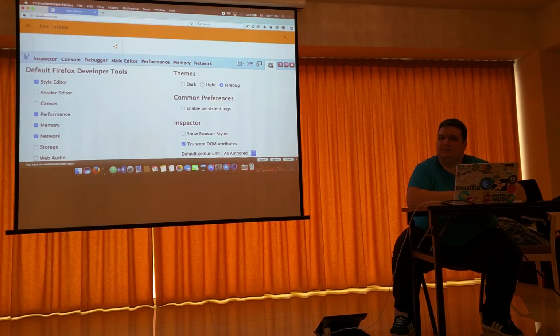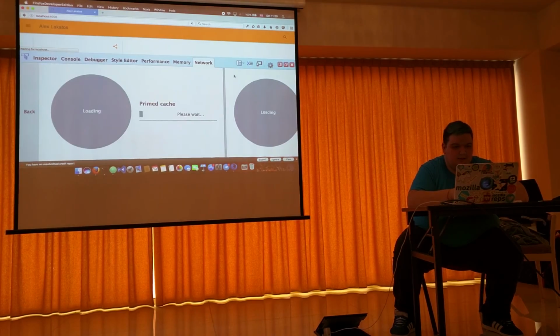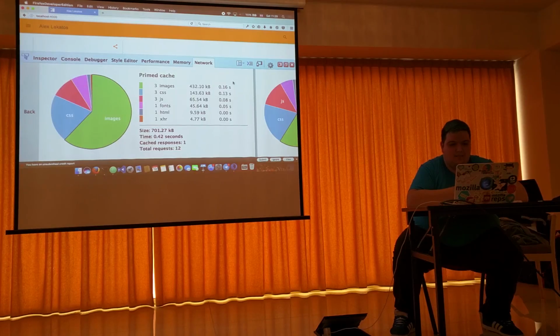Is there throttling stuff? Throttling? Yes. I think there should be throttling now. The only problem is you can throttle multiple things. You can throttle CPU and you can throttle network. I think we only have the network throttling in there somewhere. The only problem is I don't use throttling, so I have no idea how to do that. But we have the Mozilla Developer Network,